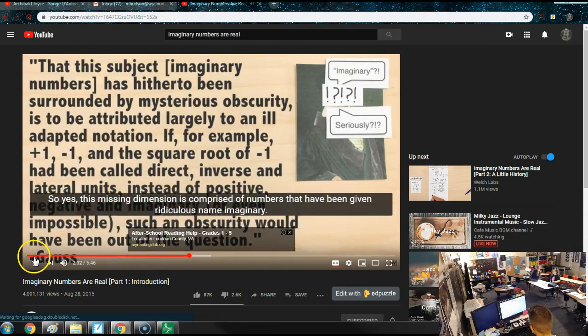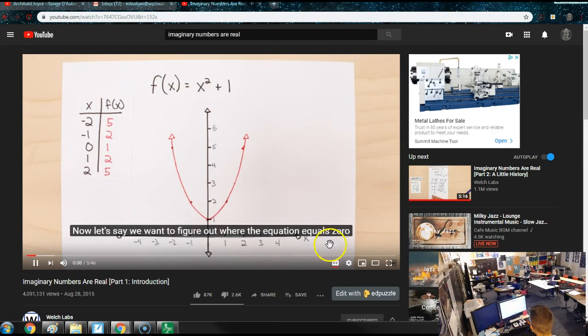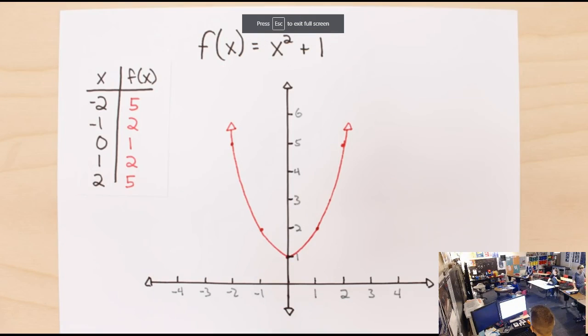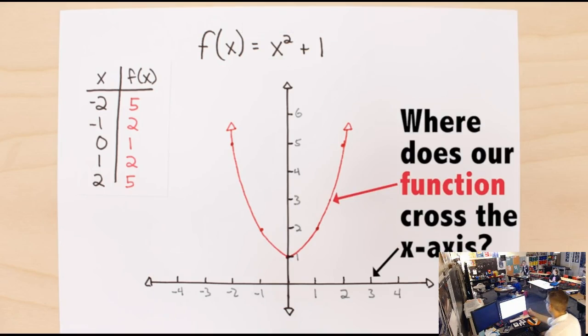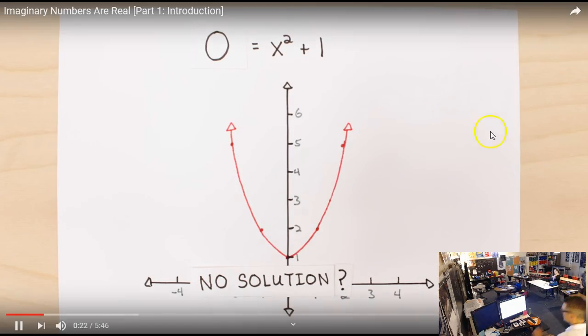We get a nice parabola. Now, let's say we want to figure out where the equation equals 0. We want to find the roots. On our plot, this should be where the function crosses the x-axis. As we can see, our parabola actually never crosses the x-axis. So according to our plot, there are no solutions to the equation x squared plus 1 is equal